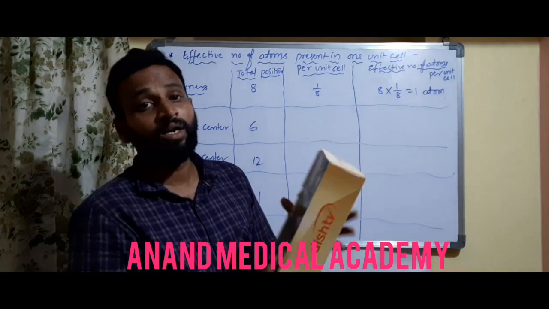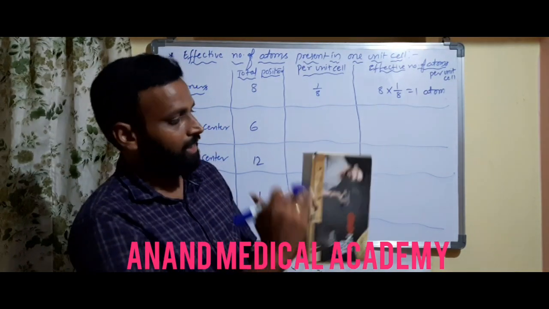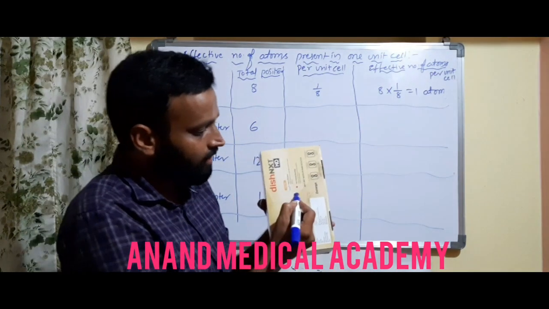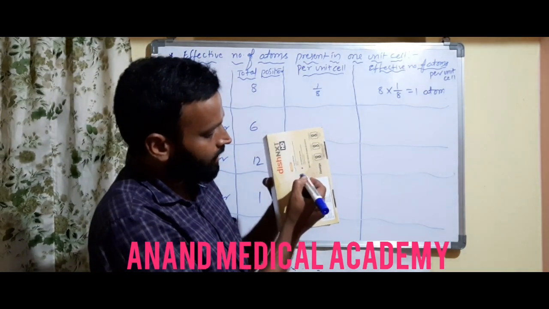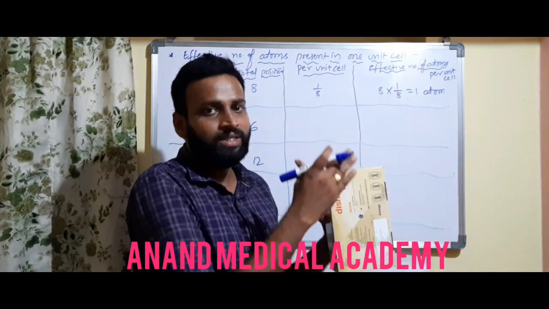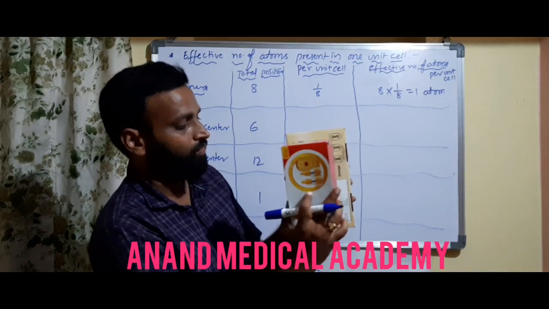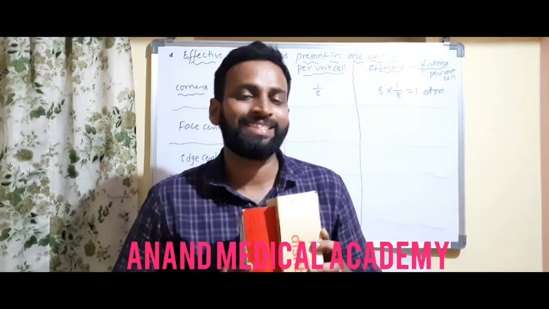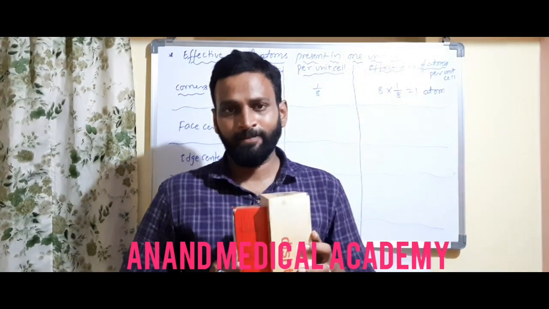Total how many corners do you have? 8. Like that, the faces, how many? 1, 2, 3, 4, 5, and here one face, the sixth face. So in a face center, if one atom is there, this atom is shared by how many unit cells? One unit cell is adjacent to another, I told you. So this is one face and this is one face. So this face center atom is shared by how many unit cells? Only 2 unit cells.